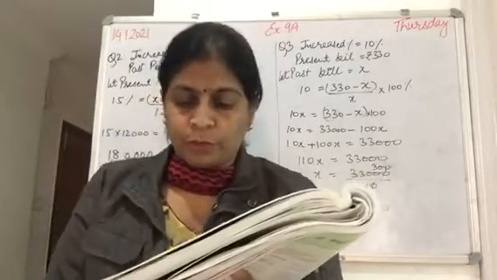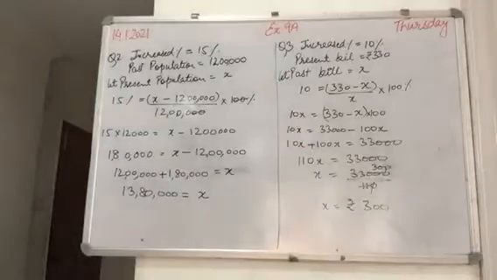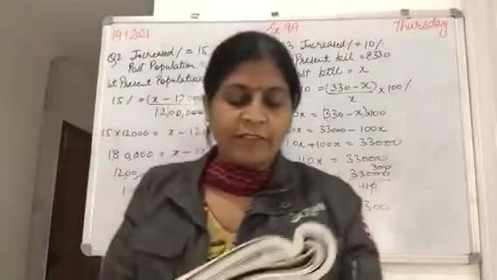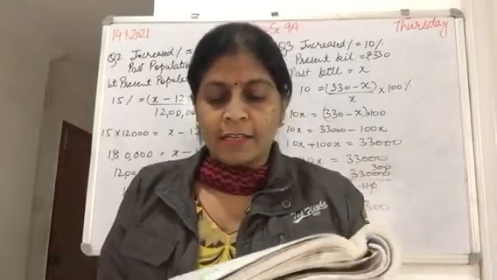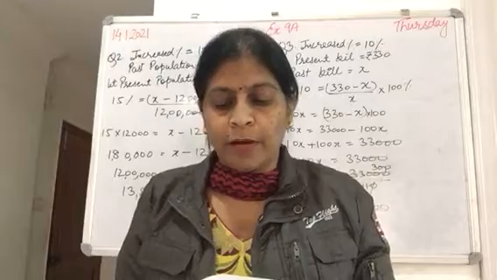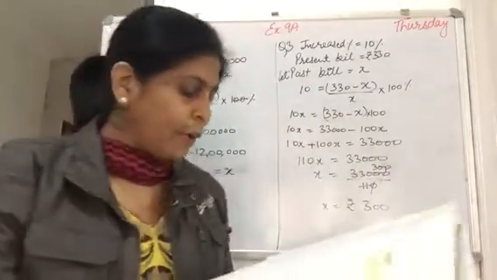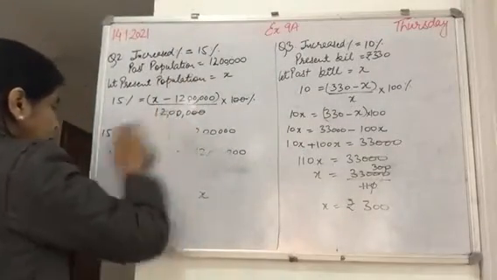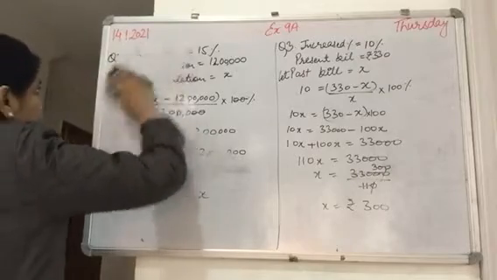Now the fifth question. A computer costs rupees 39,600. So the present value, the present price, is given. In the last 6 years the price had come down by 12%. Now the decrease percentage is given. What was the price of the computer 6 years back? So the fifth question I will do.